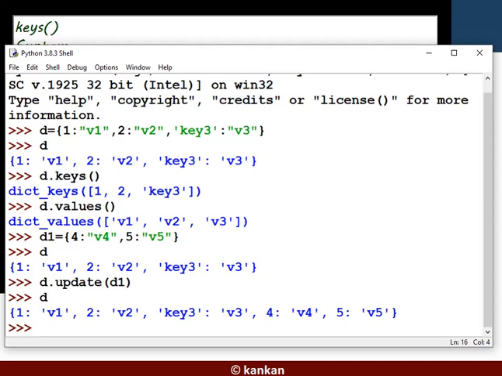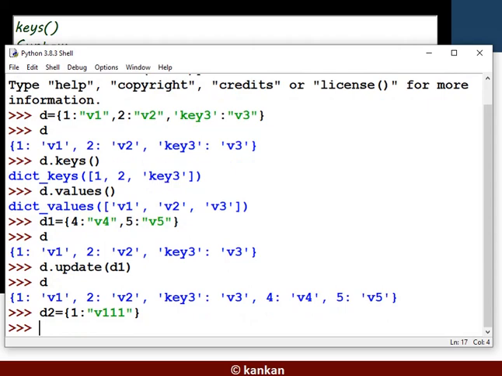Now just see the next code example. Suppose d2 equals the value is this. Clear? D2 is this.